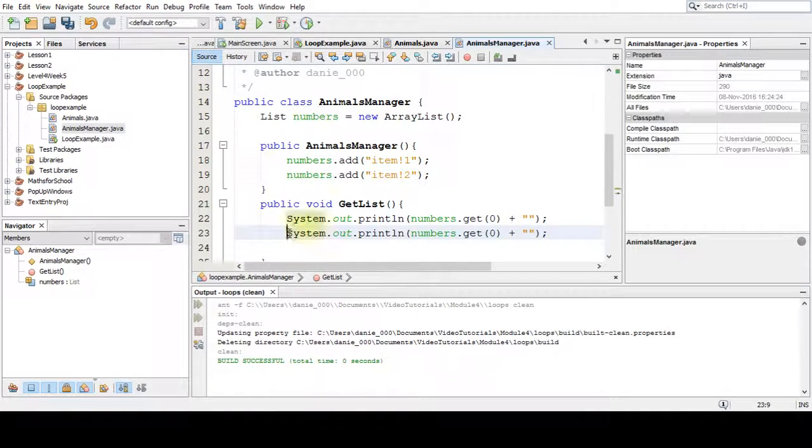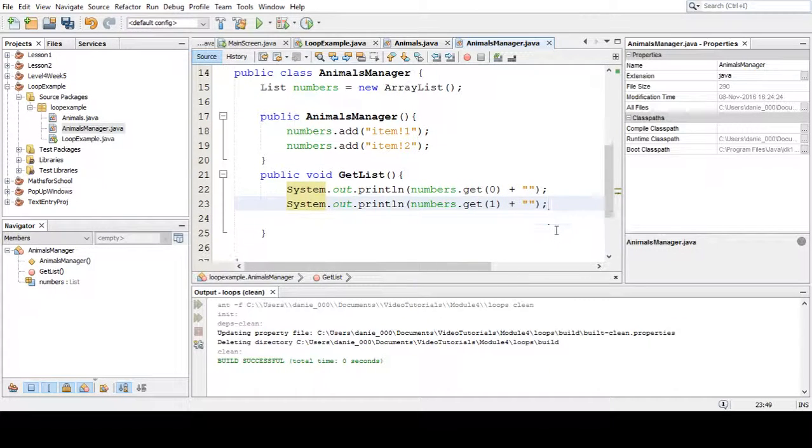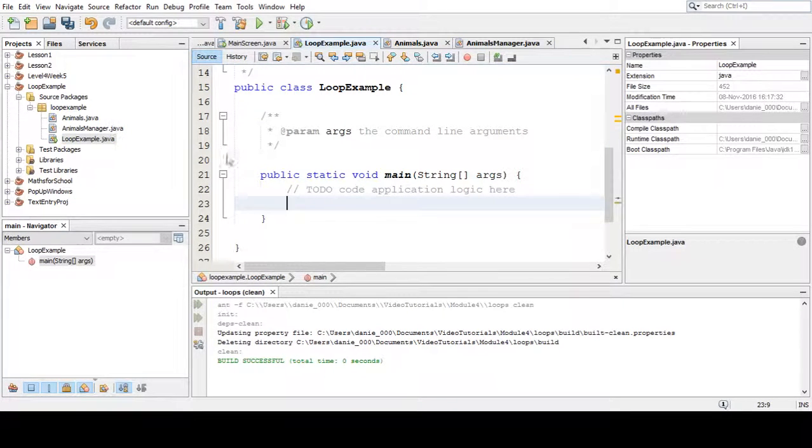Get rid of that. Get 1. Okay. Let's go into my main class, and what I want to do is create an instance of animals manager